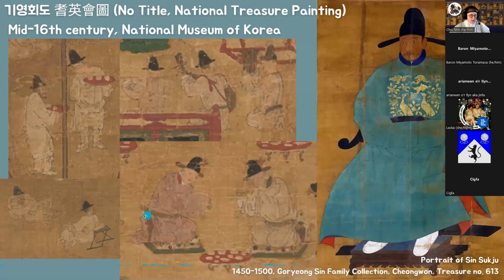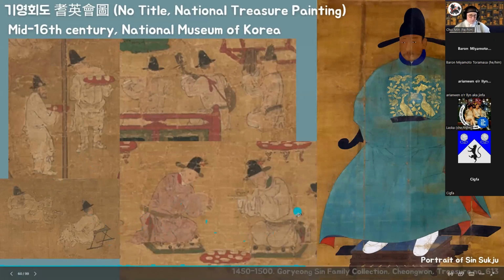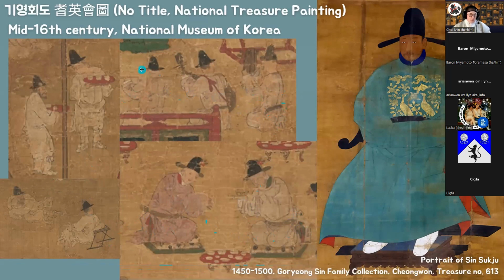You can see the men have the flaps here, and they're wearing that pink celebratory robe. Musicians are also wearing probably a pink color, and we're seeing more of the cone shape on that brimmed hat, and it's a very narrow brim. And then here are the government official ones.